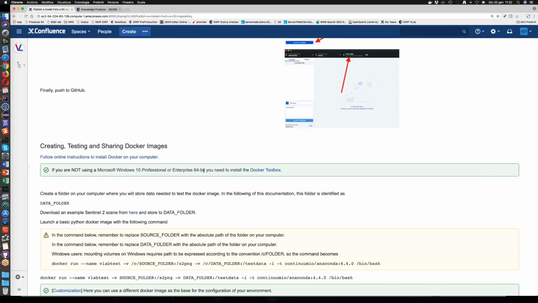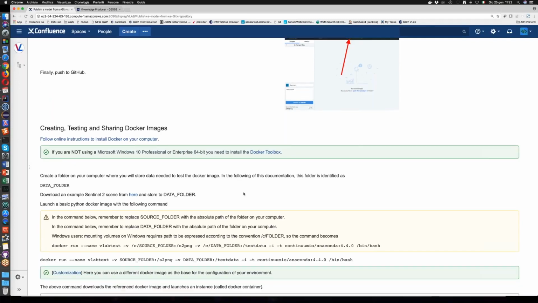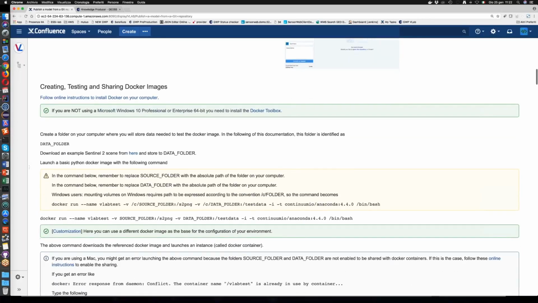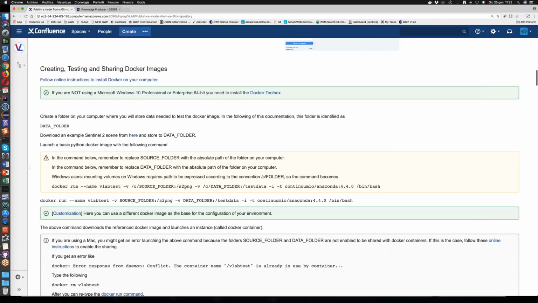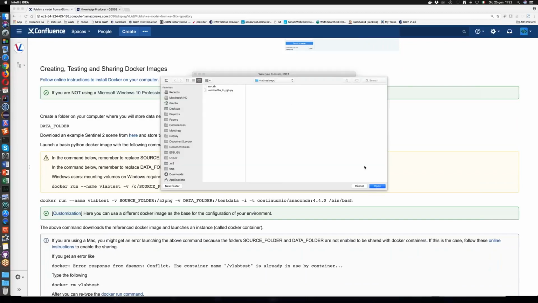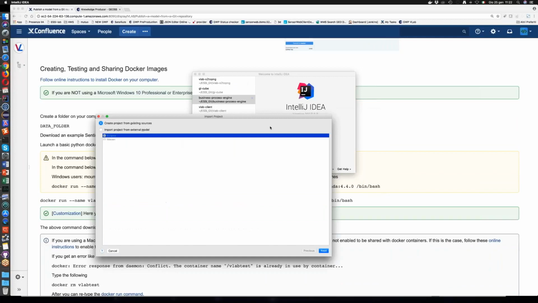It is written in Python, and it utilizes the ESA Python libraries, so the ESA SNAP library written in Python, which is called Snappy. So how to create the Docker image? Let me open a terminal, because